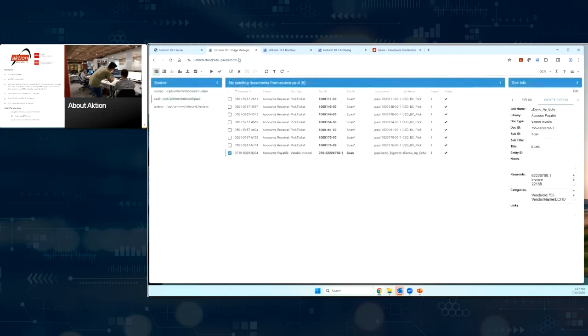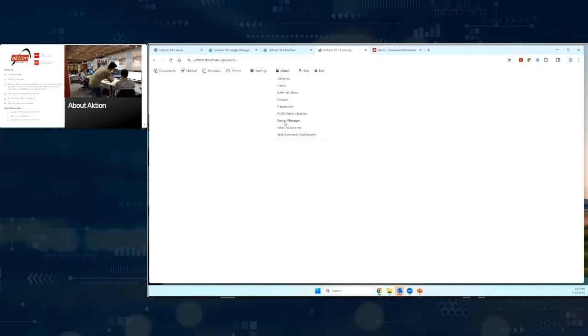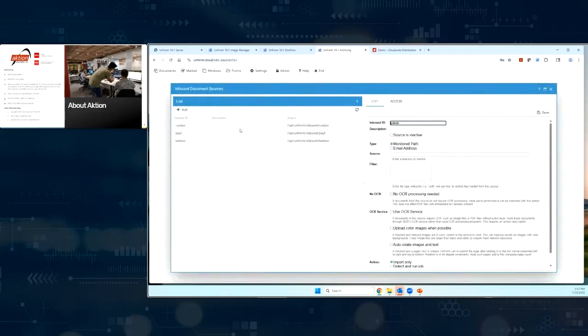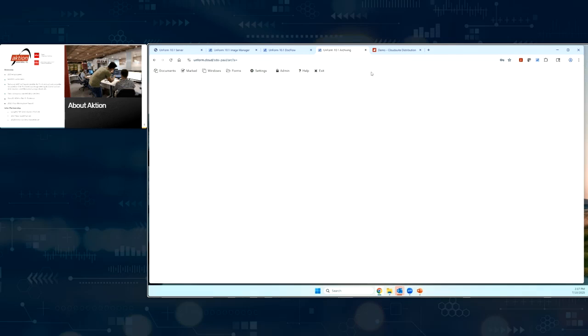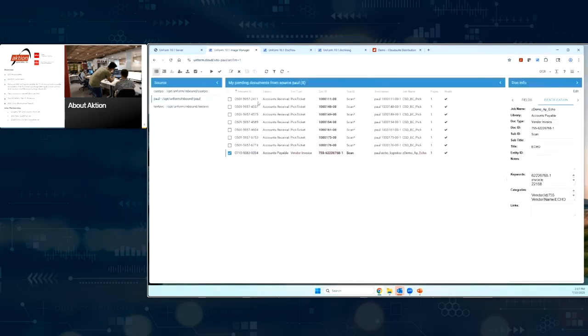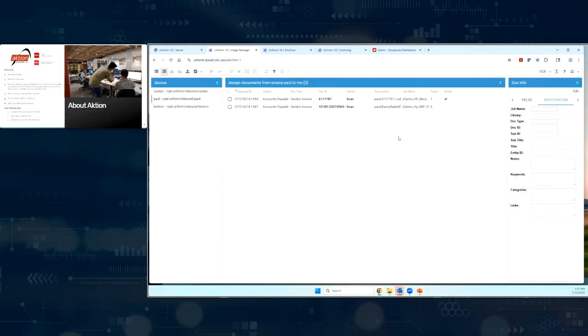Image Manager, again, this is the application we use to capture documents. And then what we're going to do here is we've got a variety of inbound sources set up. Some are emails, some are directories. And again, based on the configuration of that inbound source, it will know what we need to do to process those documents based on the type of documents that's coming in. So within Image Manager, again, variety of ways to capture. And what I'm going to do real quick here is